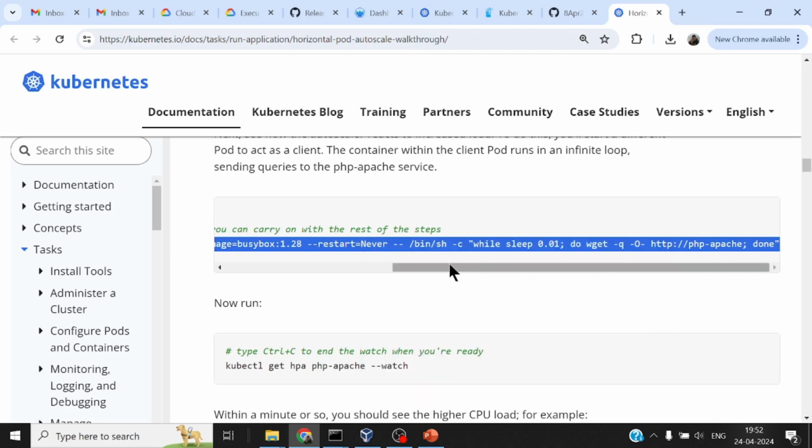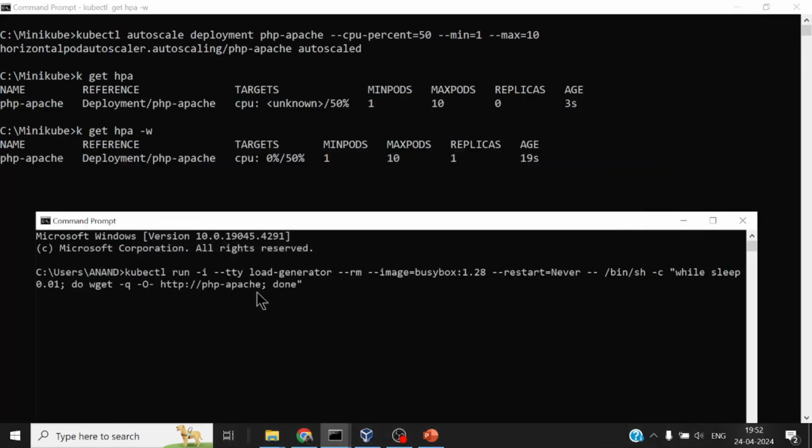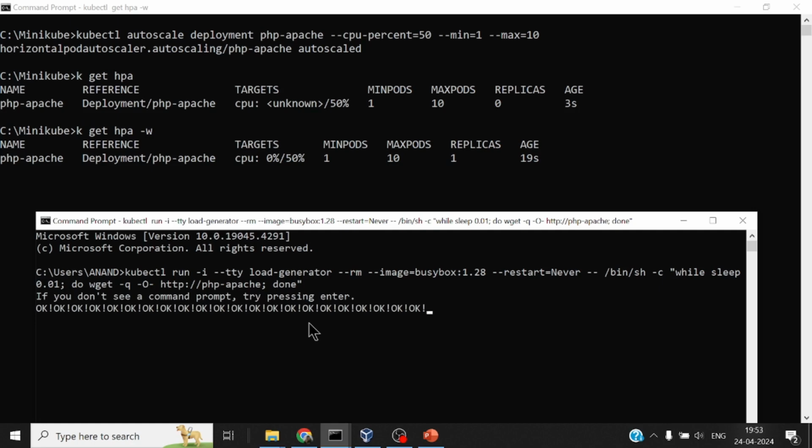You can take a look at this. It doesn't do anything other than spinning up a busybox image and hitting that PHP service that we created. Okay, but the thing is, while sleep 0.01, okay, so in a very short time, it's going to go on creating a bunch of hits onto our server. All right, now this may kind of bring down my machine. So I'll possibly try to stop it as soon as the application comes up, and then the number of pods increase to some number. There's always a glitch because the horizontal pod autoscaler, which depends upon the metrics, there is